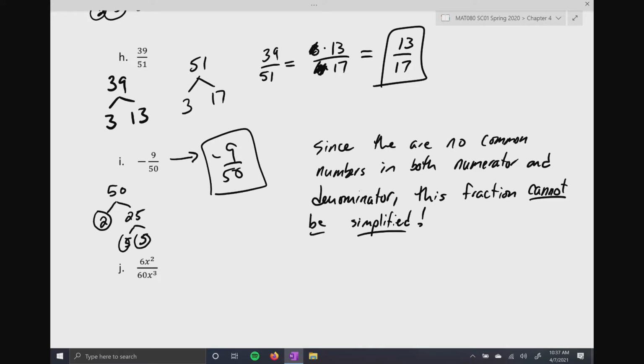What they allow you to do is simplify a fraction very quickly. However, you never know when you're done unless you're really, really good at that method. With what I'm showing you, writing out the prime factorizations of each number, and then going through and looking for the numbers that are the same in the numerator and denominator,